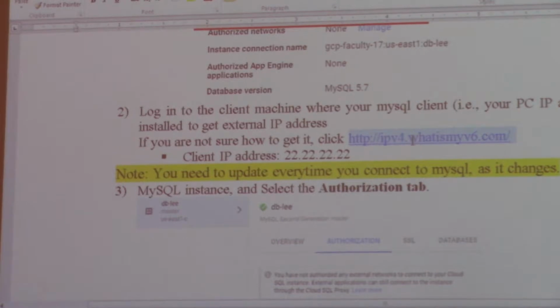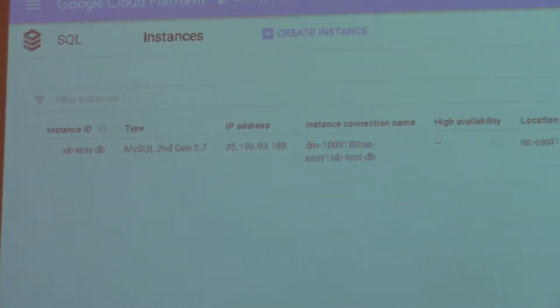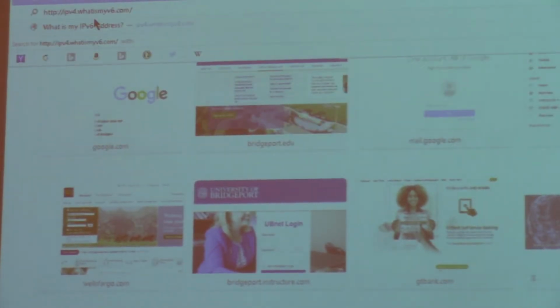So this is the URL to check for your IP before continuing. So let's get that slide. We are creating the instance. So we need to copy. So once the instance is created,